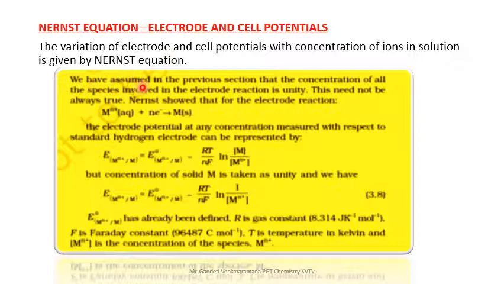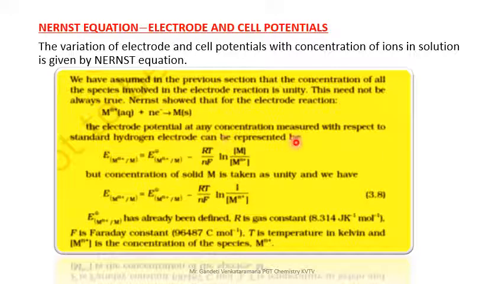We have assumed in the previous section that the concentration of all the species involved in the electrode reaction is unity. This need not always be true. Nernst showed that for an electrode reaction, metal ion plus n electrons gives rise to solid metal. This is a reduction, because the addition of electrons to the metal ions is called reduction. The electrode potential at any concentration, measured with respect to the standard hydrogen electrode, can be represented by